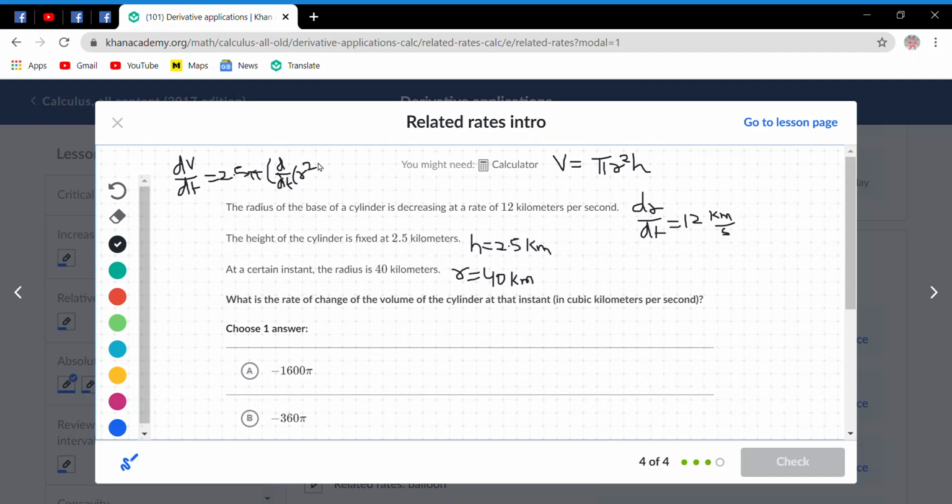First we use the chain rule, so this whole thing becomes dV over dt is equal to